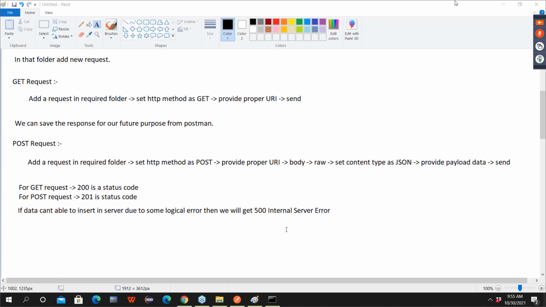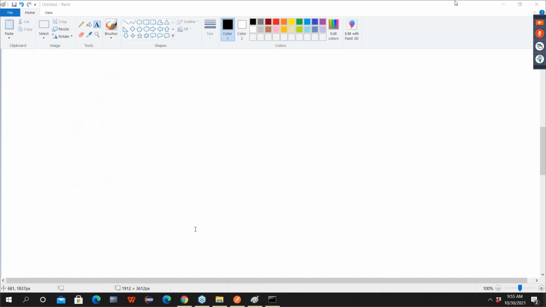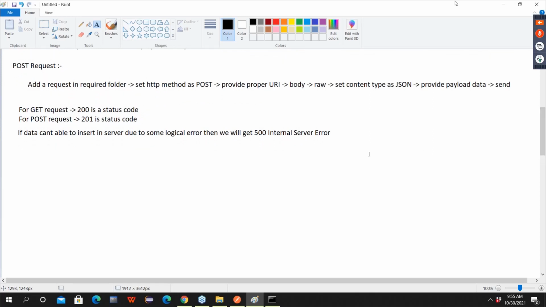Okay, so now guys, see here, this is GET, this is POST. Now, which is the next request as per our sequence? PUT. So now we are aware, guys. What do you mean by PUT? PUT means it updates the data. But updates the data completely or partially? Completely. So PUT means complete updation of data.